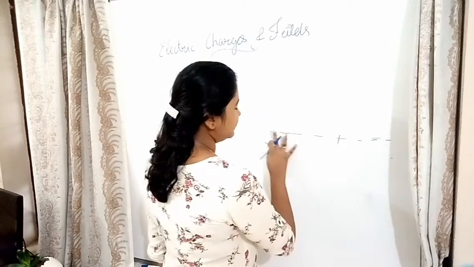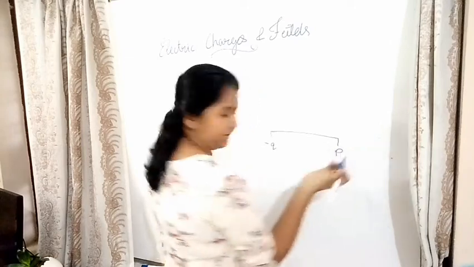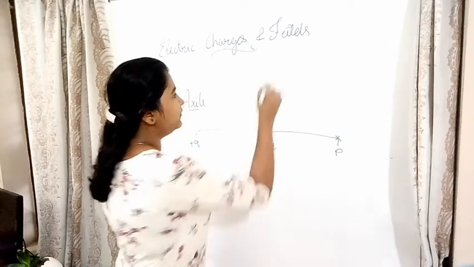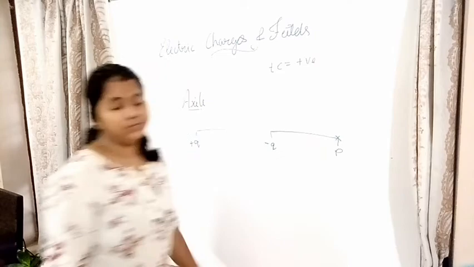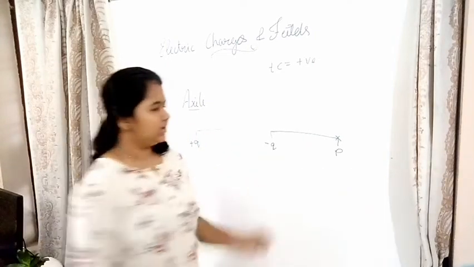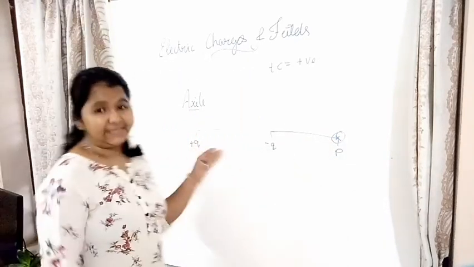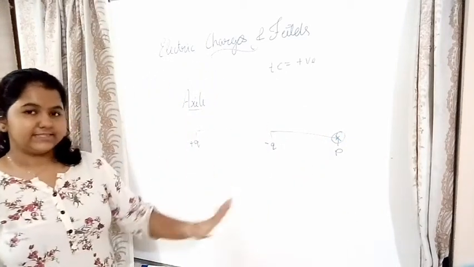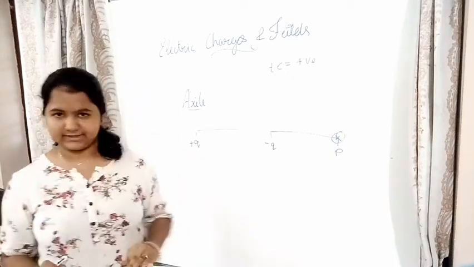And on this axial line, let's mark a point over here. Let's name it P or Q, anything. At P, there is a test charge placed. So we know test charge is equal to unit positive charge. So this is a small positive 1 coulomb charge kept over here. Now we have to find the electric field intensity experienced by this unit positive charge, the total electric field intensity. So we learned that electric field intensity is a vector sum of all the individual electric field intensities.